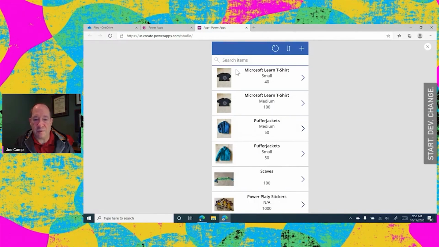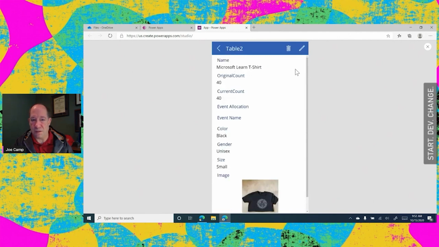And so as you can see, some of the things that we've done, I've rendered here fairly easily. We changed or centered all of this information in here, as well as we changed the font for small and for 40. And that's replicated through all of the entries that we have. And then we'll look at the detail as we just went through the detail. And so we've changed the order of information where we have name, original count, current count, color, size, and image